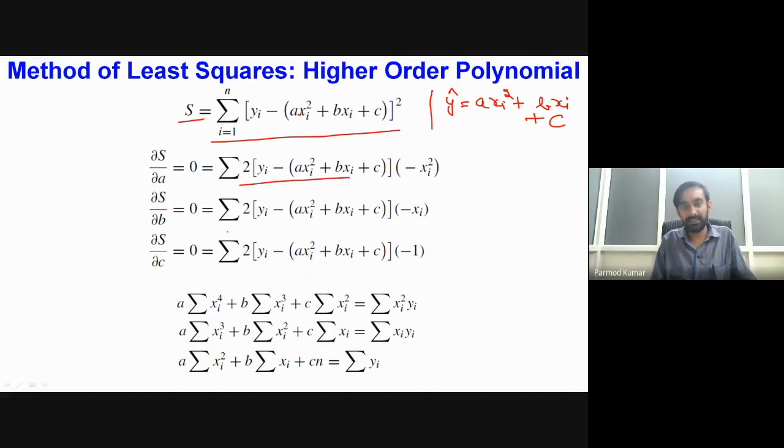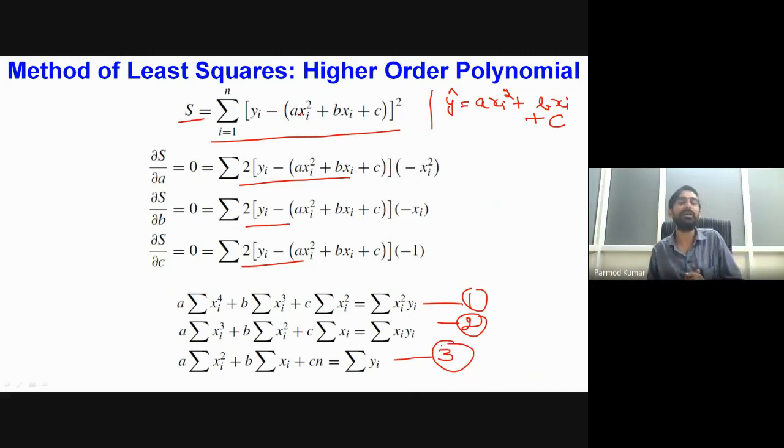Then we will get these individual equations, and on further simplification these result in a set of three equations, 1, 2 and 3. If we solve these three equations simultaneously, we will be able to find the values of coefficients a, b and c for the least squares. If we substitute back the values of a, b and c, this gives us the closest fit, defined based on least squares, to our actual experimental data. Similar to this, we can apply this formulation for higher order polynomials as well.